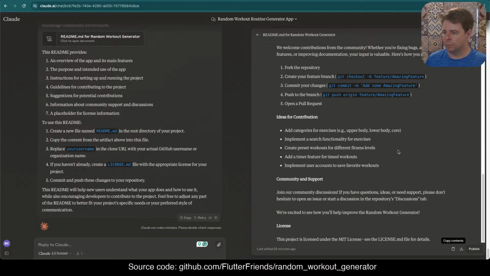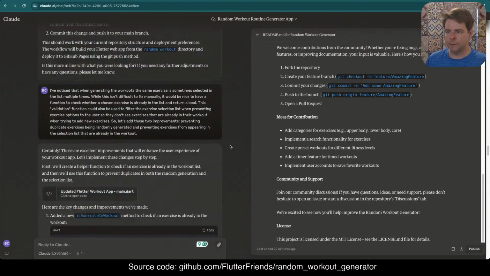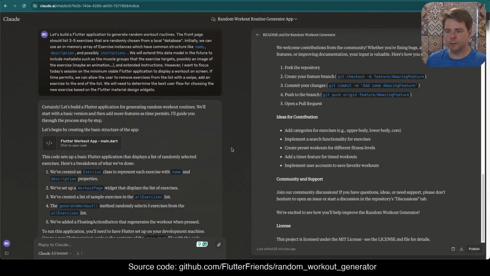There were a couple of hiccups along the way, but the whole process took about an hour from start to finish. And really, I was just kind of coaching and describing what I want to do, my goals, and the improvements I noticed. I didn't have to think at the code level. I was able to stay at the concept level. This is a really great